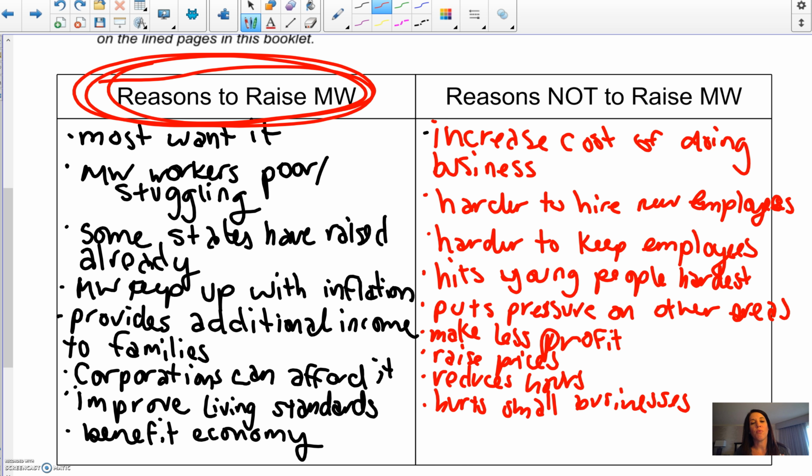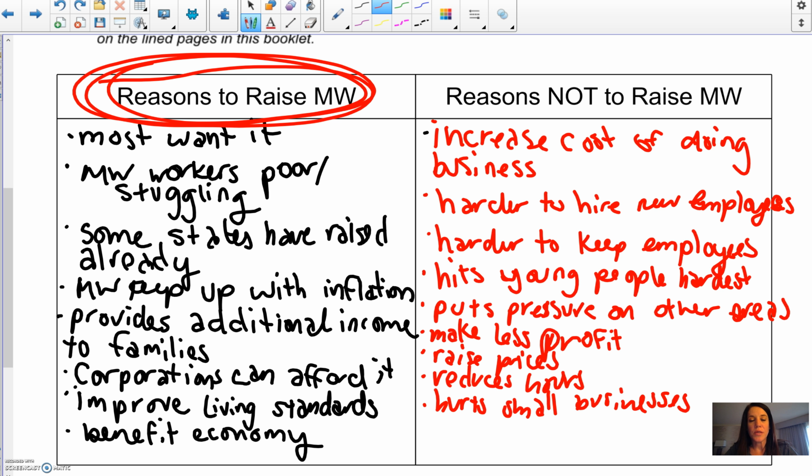And I'm going to save 1 that I can use in my rebuttal, maybe 2 that I can use in my rebuttal paragraph. So I also have to be looking at the other side of my T-chart and seeing, okay, as the rebuttal I'm going to use, it's going to be more expensive for them to do business. That's what I'm going to say that my opposition is going to say in my rebuttal paragraph. So I need to keep one of these over on this side to say why those people are wrong. I need to keep that in mind when I am choosing our